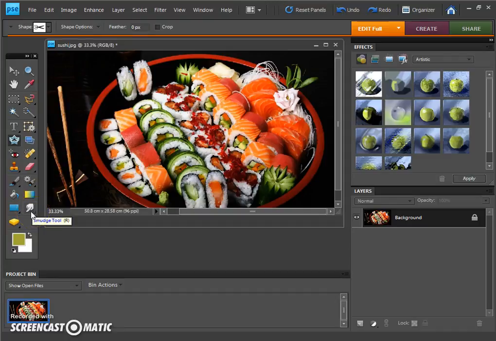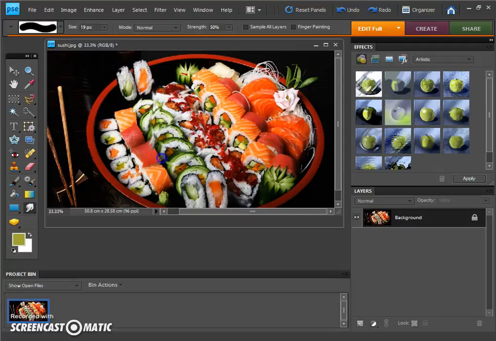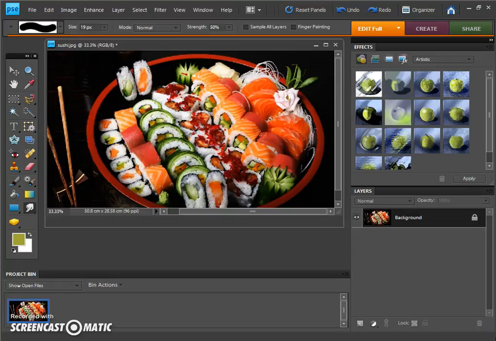Another important tool is the smudge tool. Now the smudge tool, you can select the size of how big you want to smudge, like the areas. I'm going to do like the biggest one. It's like 19, so I can smudge it all around. Yeah. Control Z, undo it. Now I'm going to show you